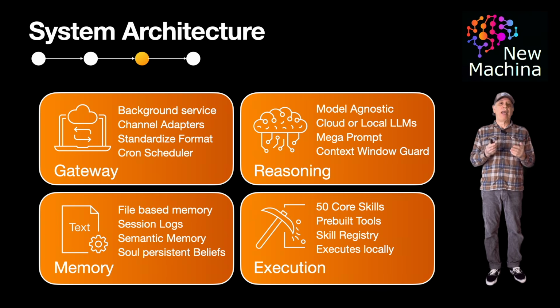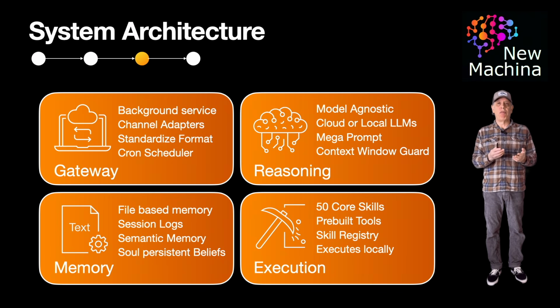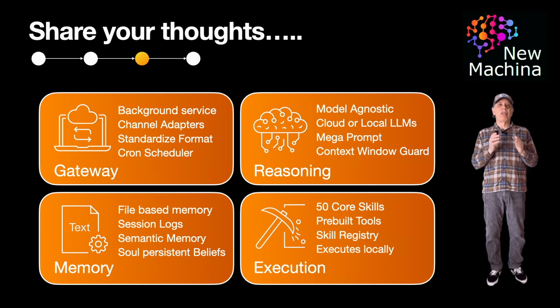The skills, on the other hand, contain the metadata that tells the LLM how to use the tools. Skills are defined in a markdown file to define the tool's name and arguments. The rest of the file is written in plain English, instructing the LLM on when and how to use the tool. Now, it's important to note, this is the layer that physically interacts with your local system, and it executes